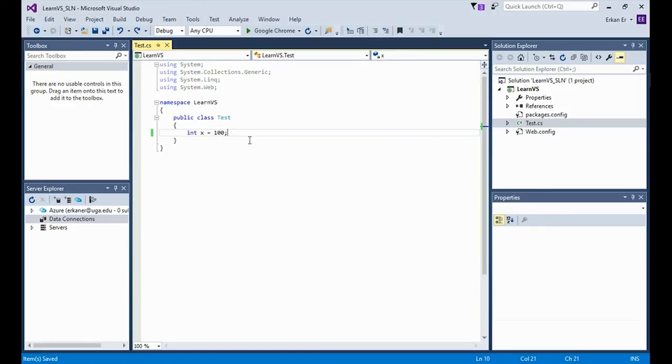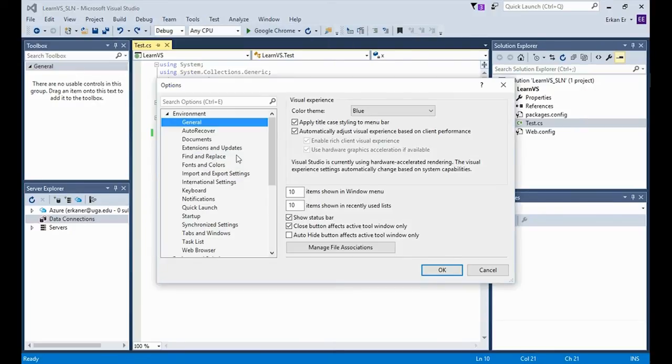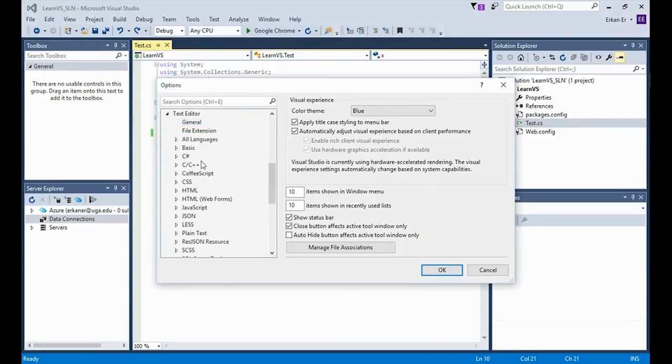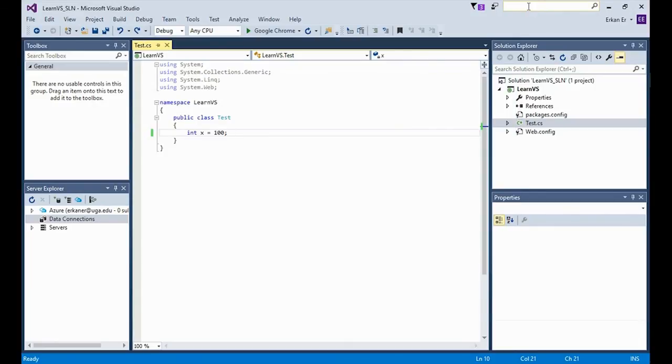Now I want to enable line numbers, so I can display or hide line numbers in the code. Numbering is not enabled by default in Visual Studio. However, we can turn on line numbers. In order to display the line numbers, normally we would need to choose Tools on the menu bar and then click on Options in the submenu, which opens the Options window where we need to expand the text editor and then select all languages. Instead of this long way to get that window, we can use Quick Launch, which is located at the top bar of the Visual Studio.